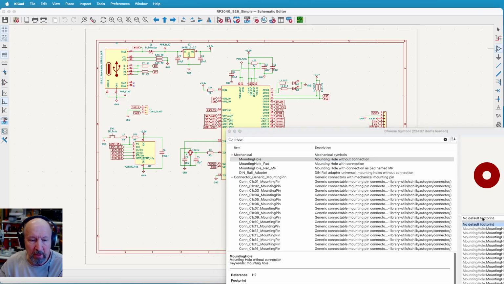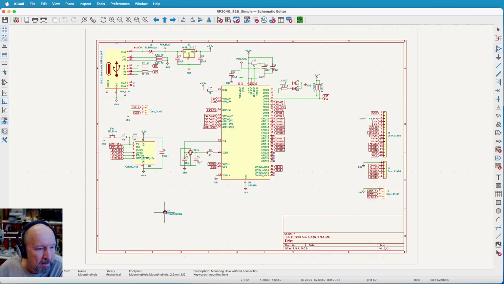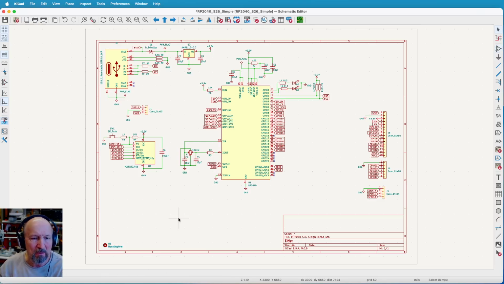Default footprint. Let's see if an M2 would fit. So this is just a mounting hole. I can put it down here. It doesn't really matter where it goes on the schematic. It's a mounting hole for the PC board. But it's something to think about if you're designing a board. Yeah, I could drill a hole later or something like that, but this is what they do. So let me save that, back to the layout,